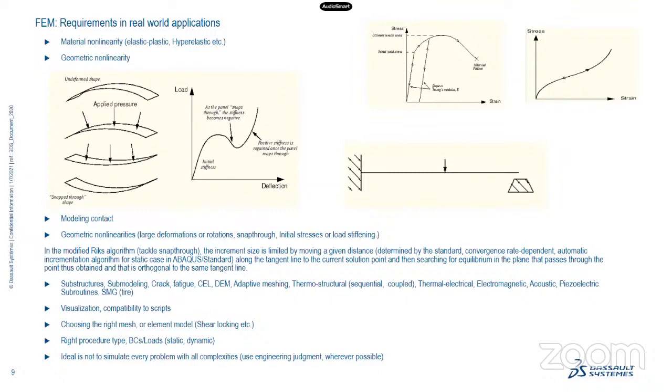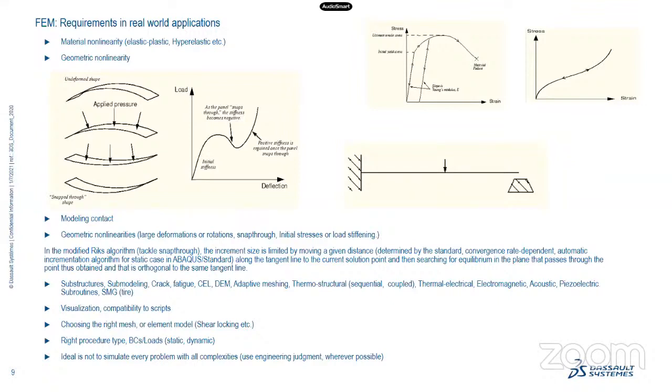And DEM, discrete element methods, where you cannot apply the continuum mechanics approach. These DEM methods are also needed, for example, in soil interaction, where some cases need this DEM approach. Adaptive meshing is for when we have excessive distortion. We also use the flavor of the Eulerian method to address these highly distorted elements. So these are some of the methods.